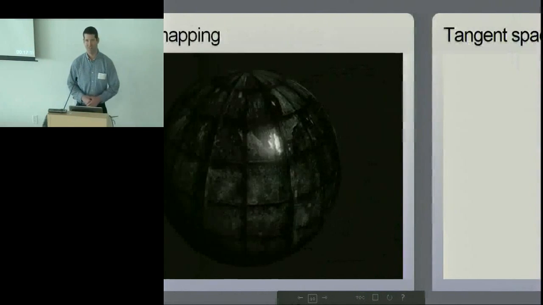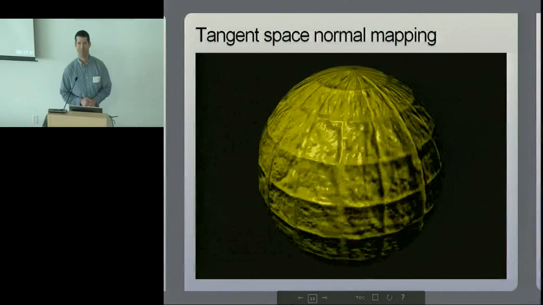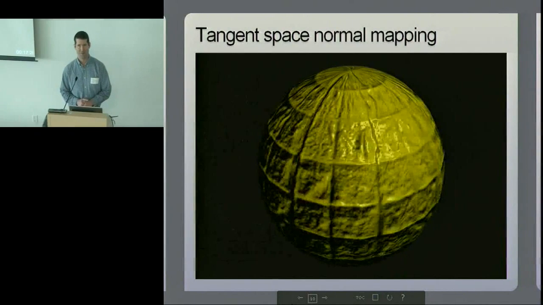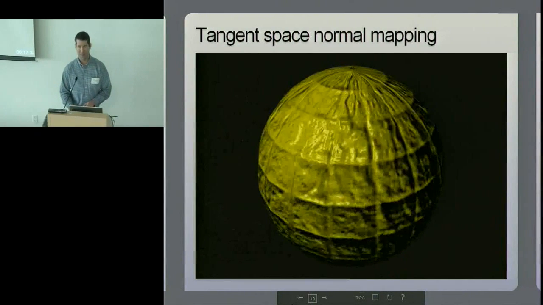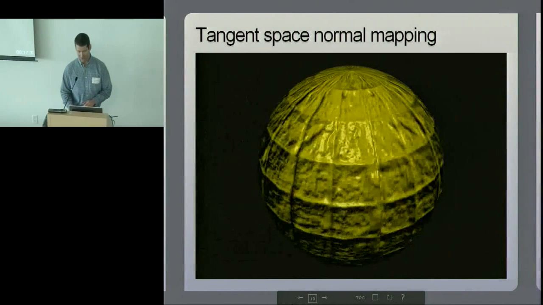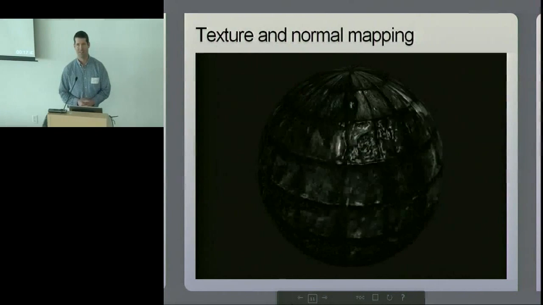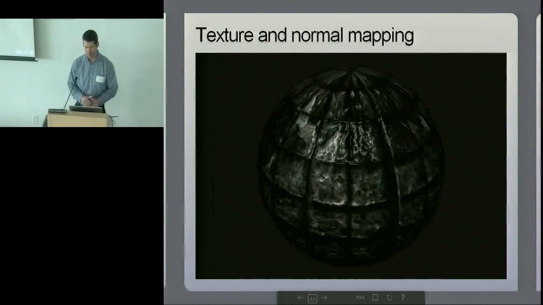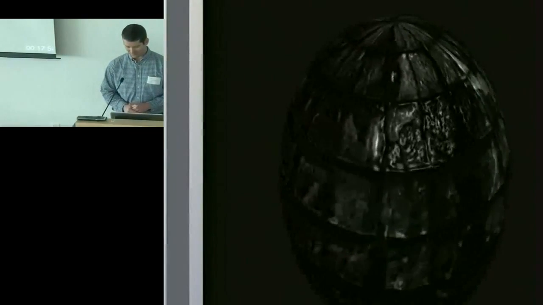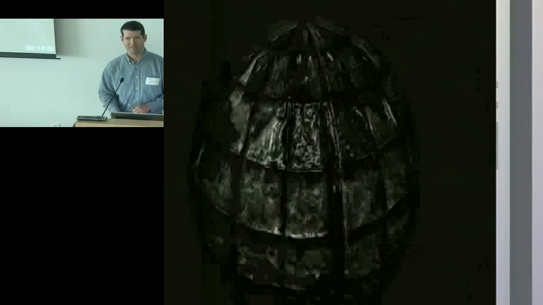And for this, tangent space normal mapping is introduced, which modifies the lighting per pixel using a normal map. And now it's combining the texture mapping and the tangent space normal mapping. We get this appearance, and this already looks quite realistic. There's still more room for improvements, but this is our last example for the introduction of lighting.